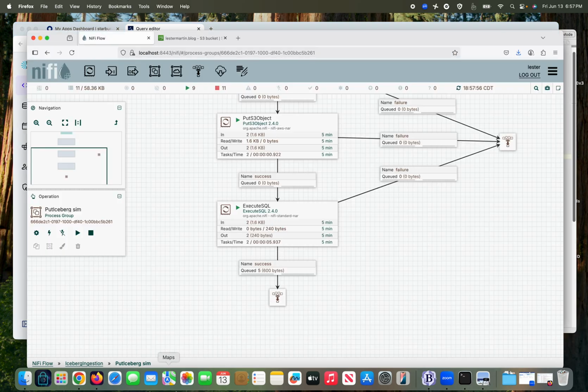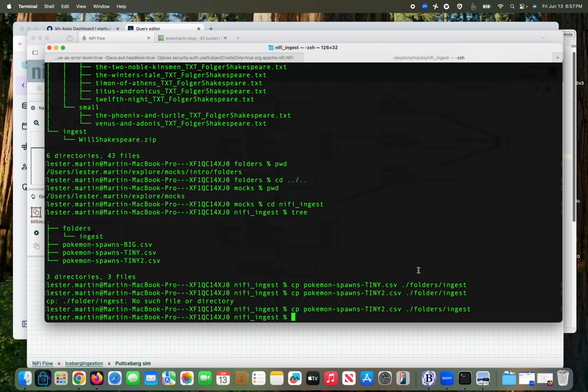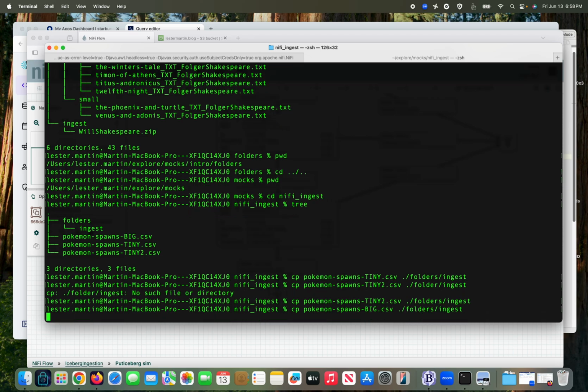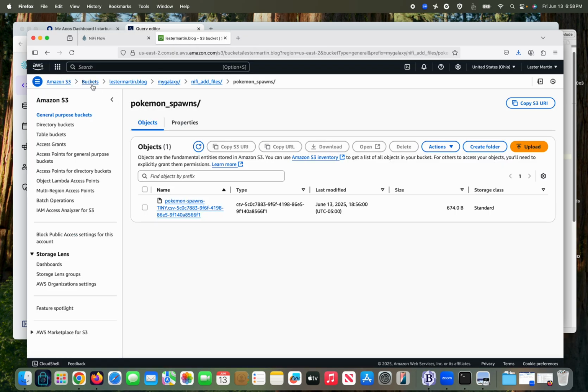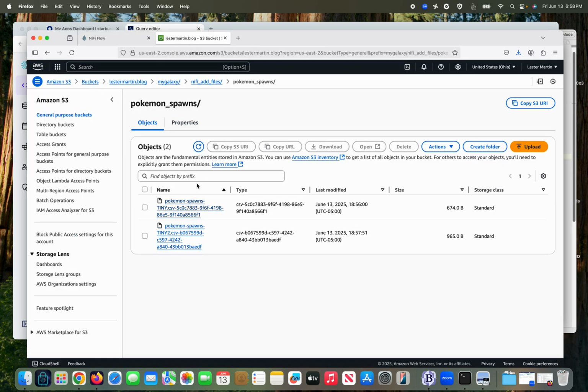And we'll do it one last time with a bigger file. Copy Pokemon big, and that has about, I think, 300,000 more records. So it'll take a moment for all that to happen. Take it, pull it down, convert it from CSV to Avro, push the file to S3, which we can go look out here and refresh, because if it's there, it'll be done. Not quite there yet. Any second, it'll show up. And as soon as it shows up,